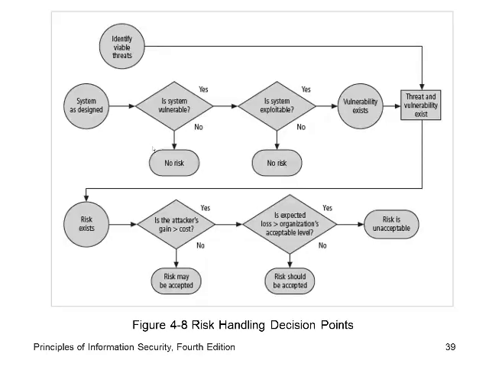Okay, here we go. Identify our valuable threats. Then it goes down to threat and vulnerability exist, yes or no. Then the system as designed. This is the system we designed to use. Is the system vulnerable? No. Then there's no risk. But obviously all systems are somewhat vulnerable. So is it vulnerable? Yes. Is it exploitable? Well, if there's a vulnerability that cannot be exploited, then no, it's not a risk. But if it could be exploited, then we have some sort of vulnerability.